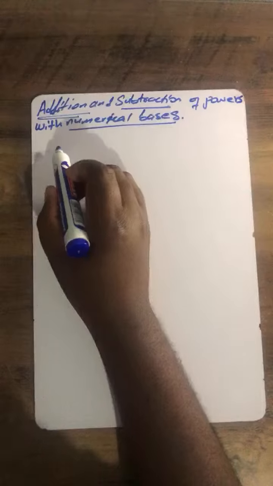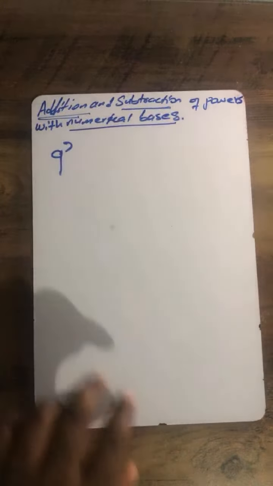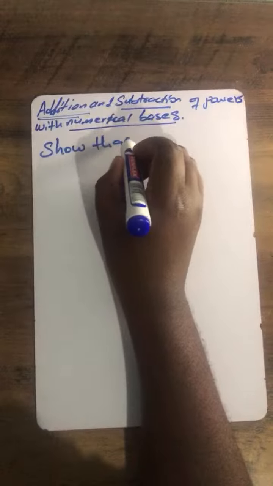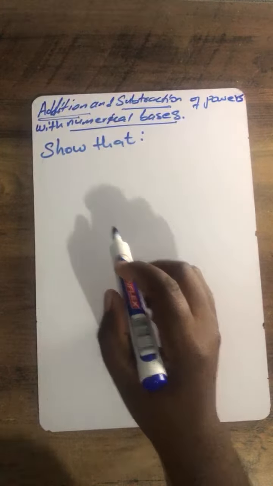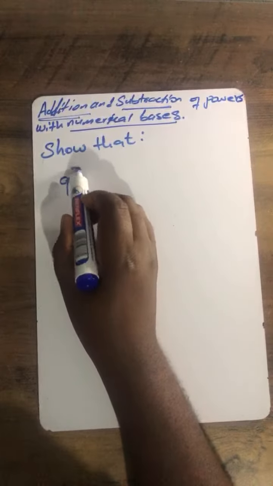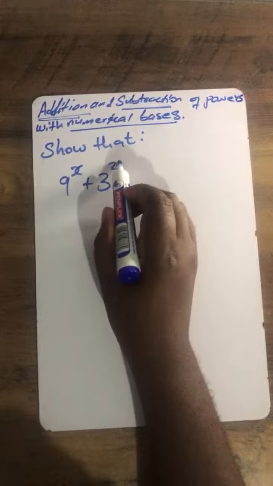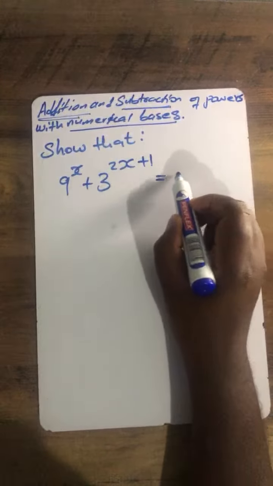Okay, I think this one. Okay, this is what we do. We start by showing. Show that 9 to the exponent x plus 3 to the exponent 2x plus 1 is equal to 4